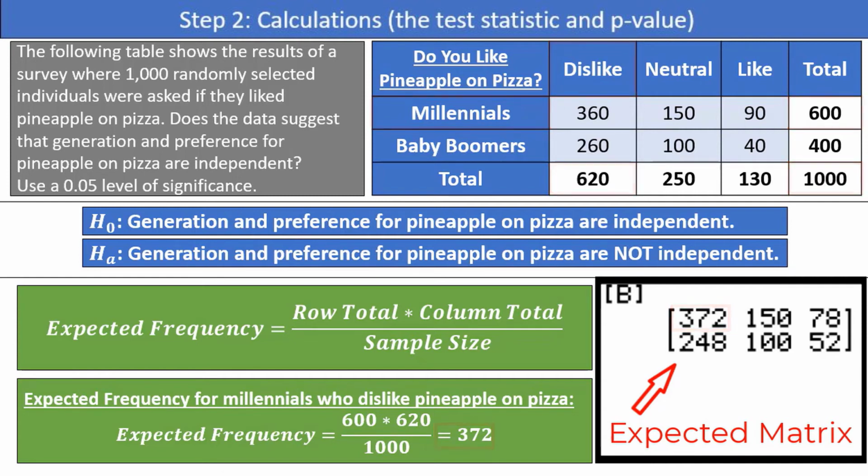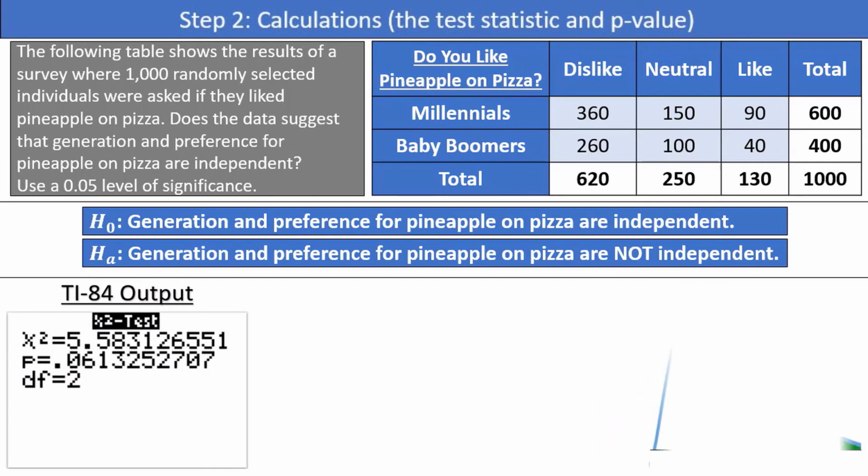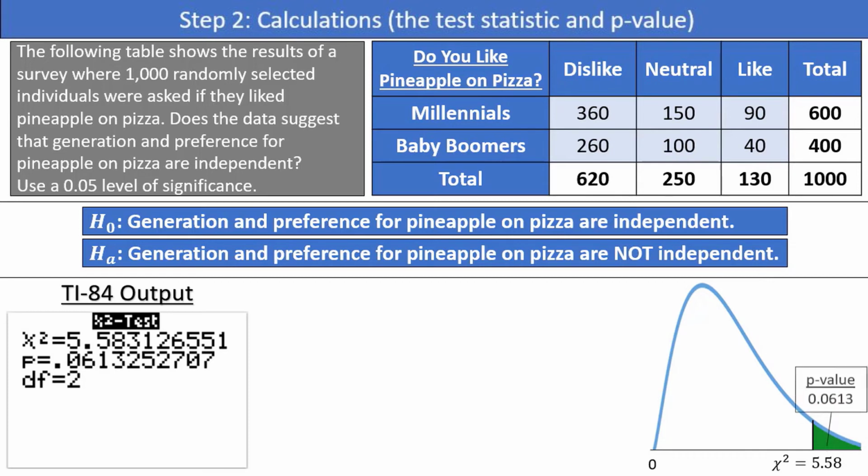So some of the expected numbers are a little bit different than what we observed in our data, and some are exactly what we should expect. The question is, is there enough of a difference for us to conclude that the two variables are in fact not independent? To answer that question, we look at the other information that we wrote down earlier from the output. On the graph, we have the chi-square test statistic, which is 5.58, and the p-value in the right tail of 0.0613. The chi-square test of independence is always a right-tailed test, so the p-value is in the right tail